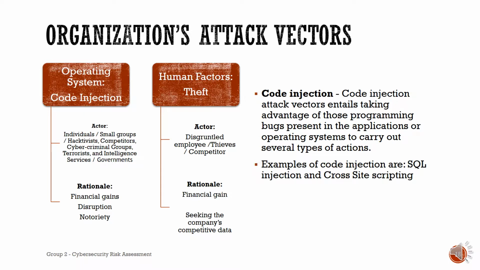Examples of operating system attack vectors are code injection. Code injection attack vectors entail taking advantage of programming bugs present in the applications or operating system to carry out several types of actions. They're often sought for the collection of information, denial of service, releasing malware, or the hijacking of a session